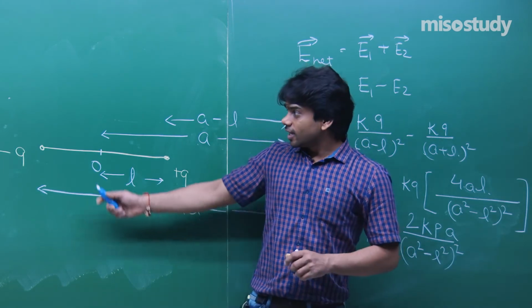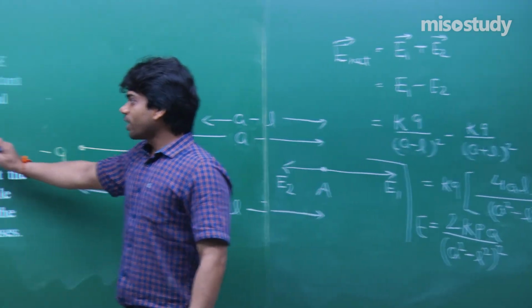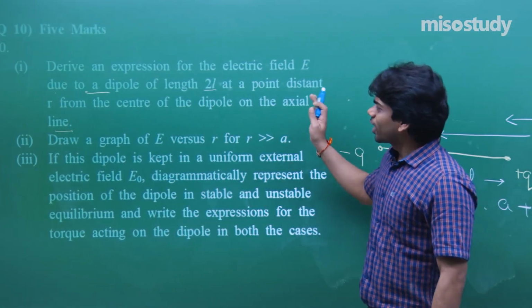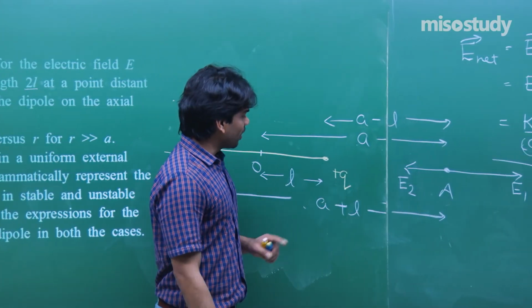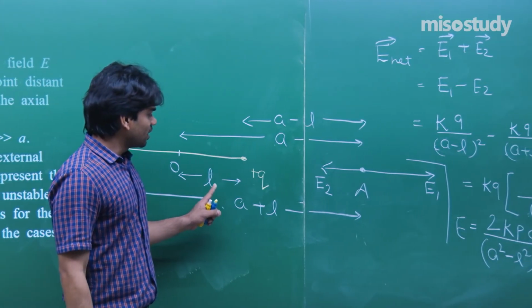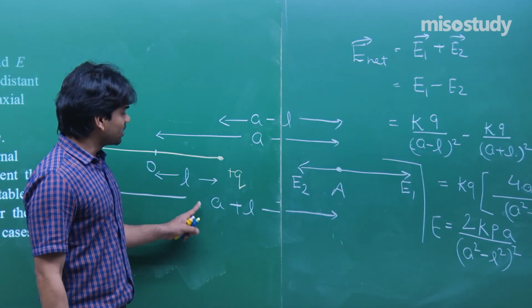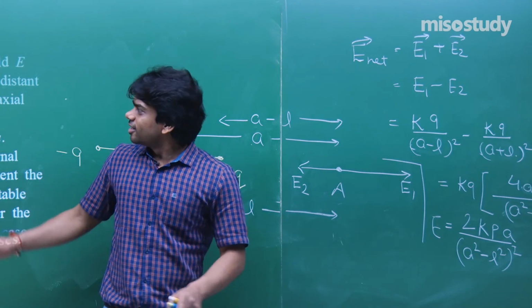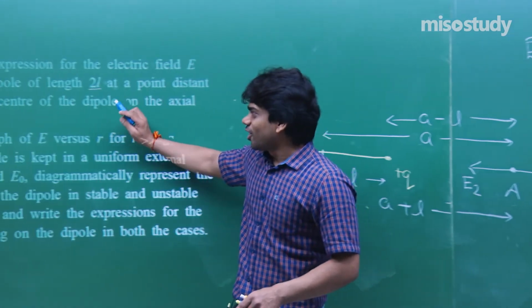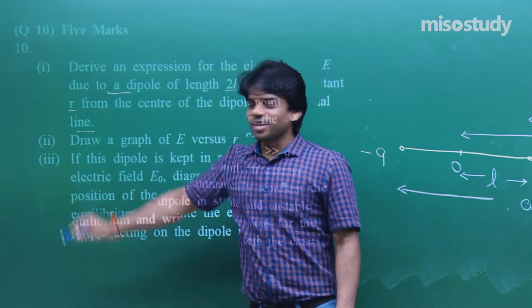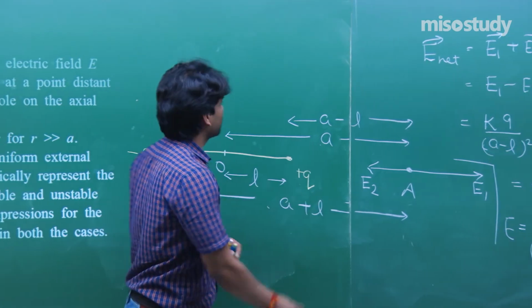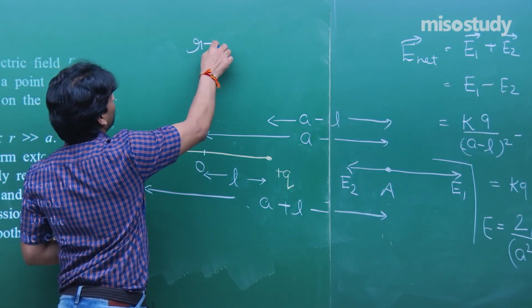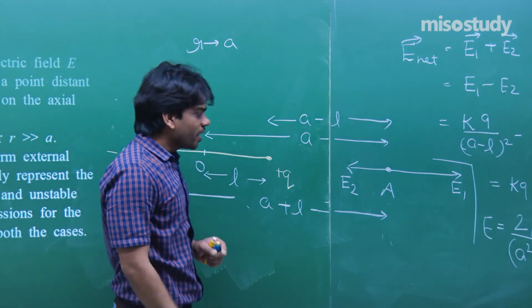Now when R is far greater than A, okay, again it's R and I have mentioned it as L. So now I am not going to rub, you have to just switch here that whenever this length is given as R, not A, it's R. I have used here A, you have to just check here R, I have used simply, instead of R I have used A. That's it.